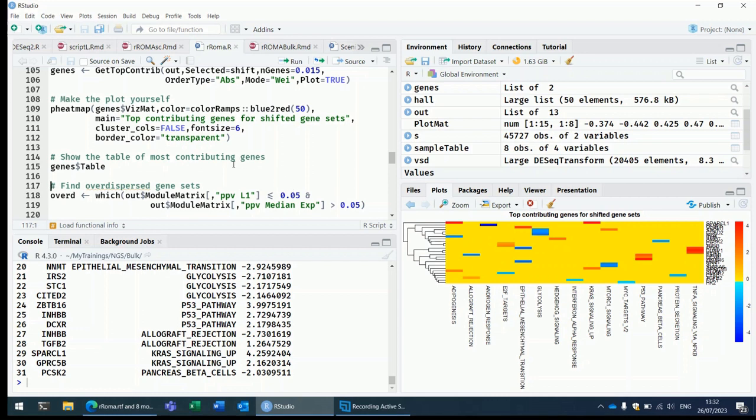So all the gene sets which have a p-value for the L1 measure comparison below 0.05 will be retained. And at the same time, we're also going to look at the p-value on the median expression. That's exactly what we have done previously when we looked for shifted gene sets. But this time we're going to make sure that the p-value is higher than 0.05. So it means that we will look for gene sets that are overdispersed and not shifted, because there is a